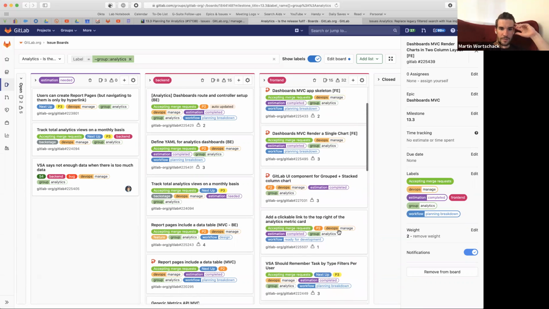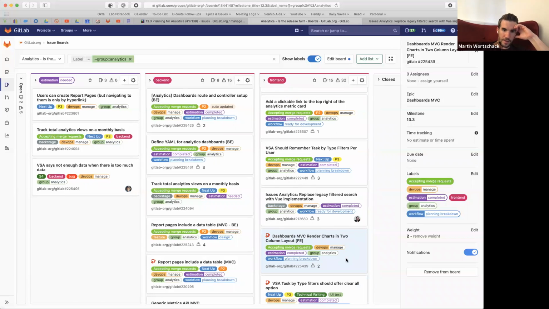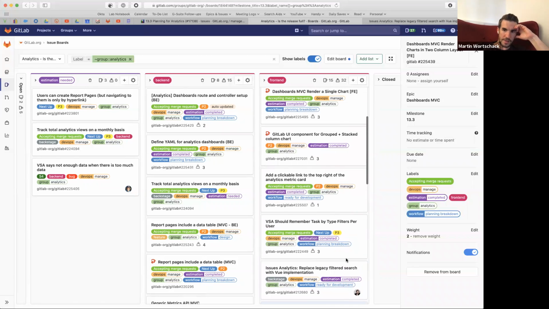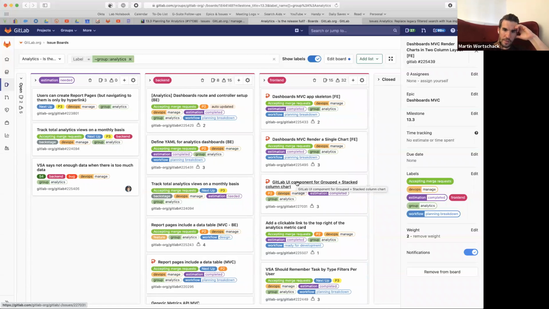One thing that we could probably also try to have another team work on is the group and stacked GitLab UI component. I remember there were other teams also interested in this component. So maybe we can reach out to the monitor team to see if they have capacity to fit this into the next milestone. And we can ask. Seems unlikely, but we can ask. Probably not, but yeah.